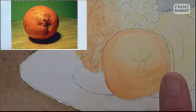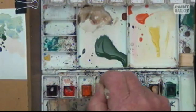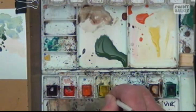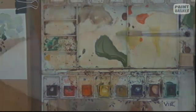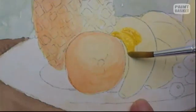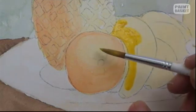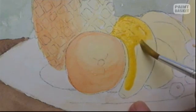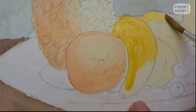While that is drying, let's go through to the bananas. Now I'm going to take some cadmium yellow strong out of the tube, and I'm going to start painting. So let's do that. Strong yellow. Careful that this doesn't go into there. And I'm going to do this strong yellow. We're going to be straight over all the